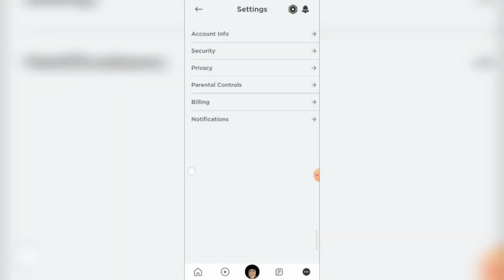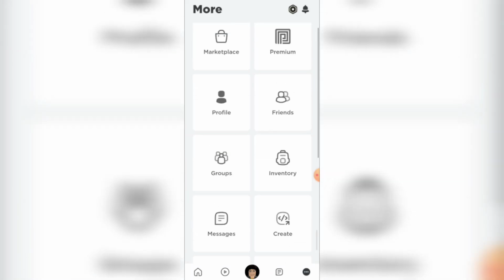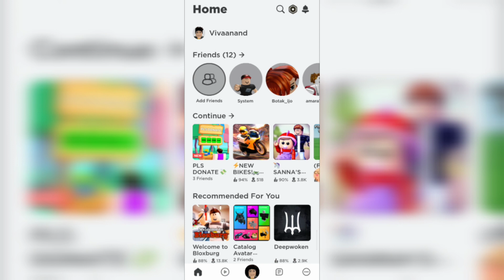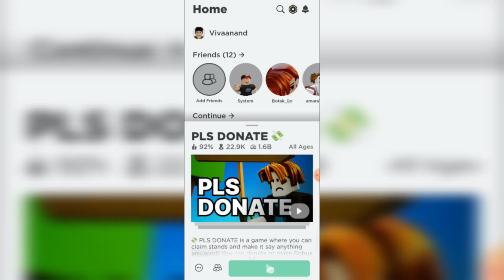So you just need to open any game that supports microphone as communication, and one of the games that supports microphone as communication is Please Donate. I'll show you how to confirm if your voice chat is working or not. Once you open the game,